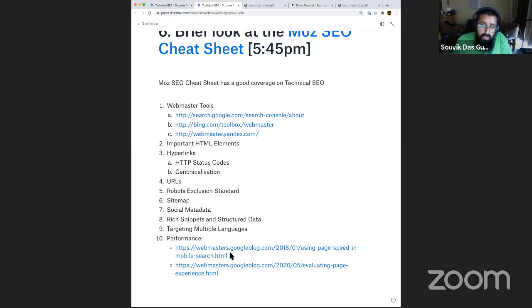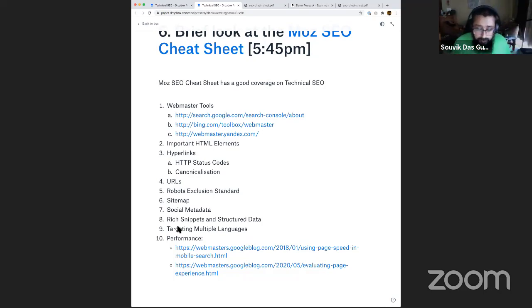Then the ninth point is targeting multiple languages. If you are publishing in different languages other than English, you can indicate and tell Google that, look, my website is also there in this language, my content is also there in this language, and therefore Google will optimize the findability of your site's content in those particular languages. Many of these things Google is getting smarter. Slowly it's getting smarter, and it's able to detect those things by itself as well. But if you can help Google, that will obviously give you an edge over Google's own capacity to intelligently figure these things out.